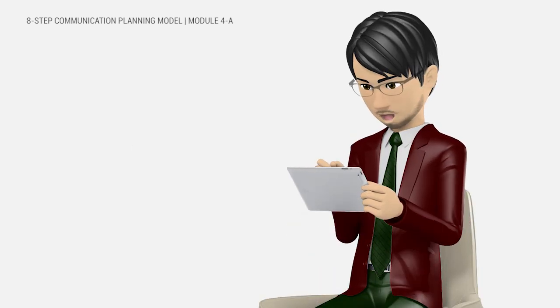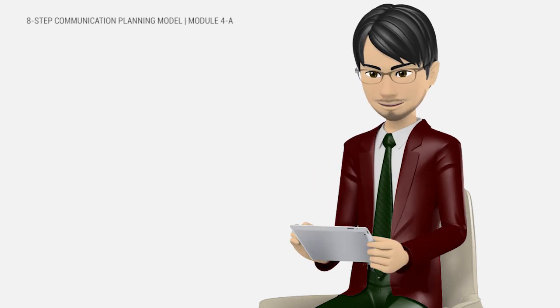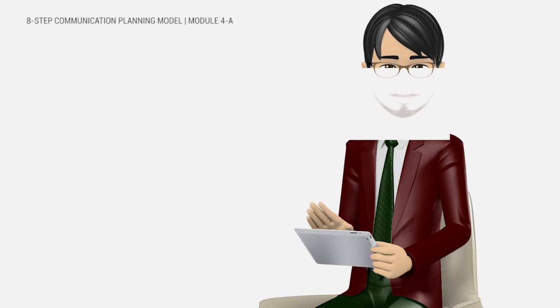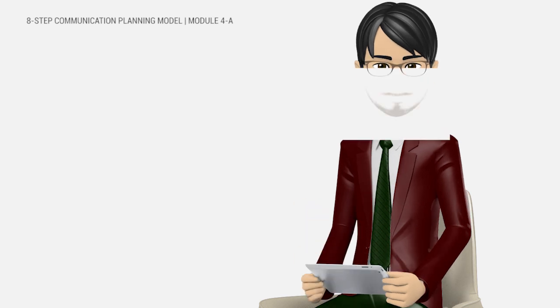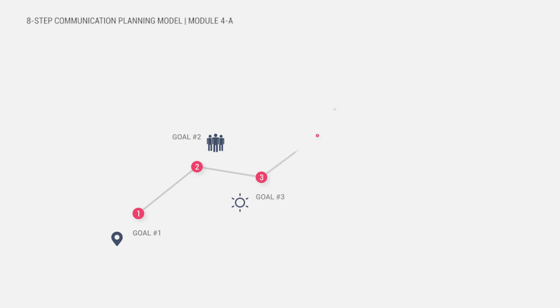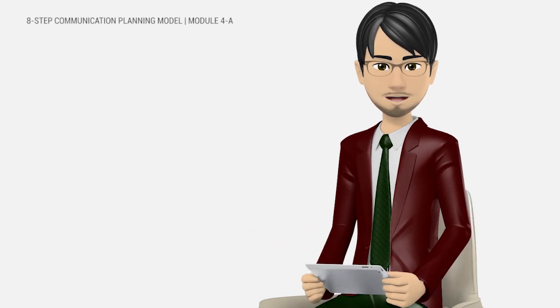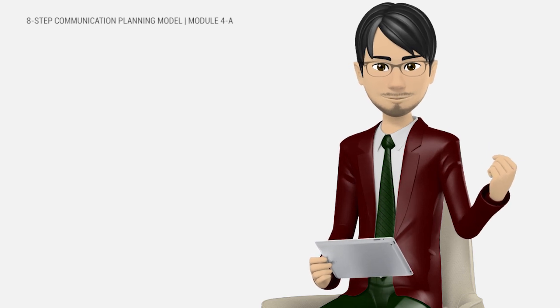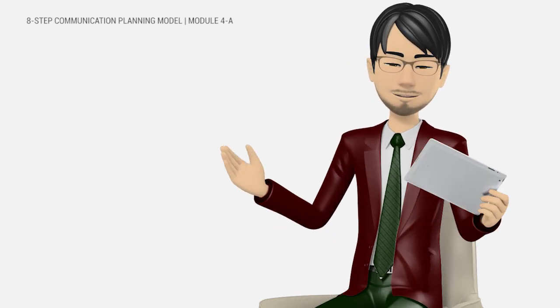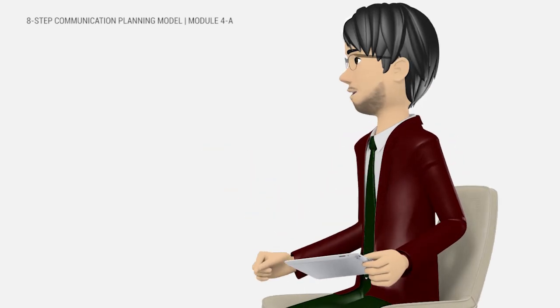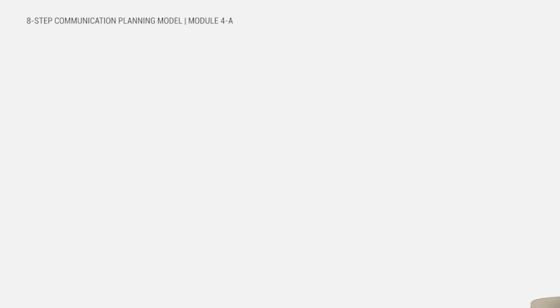Now that we're done with our SWOT analysis, we proceed to the second step, to set communication goals and objectives. The primary purpose of this is to articulate our intended accomplishments in ways that are measurable. Because effective communication is crucial to the success and sustainability of our programs, appropriate and measurable communication goals are imperative. But what characteristics make for a strong goal? Well, they generally meet these criteria.